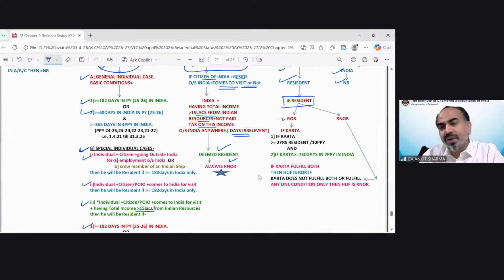So now you can see in case of HUF, we explain in the diagram the ROR concept. So do not get confused. They exactly explain the same thing from the point of view of ROR concept. If Karta is more than or equal to 2-year resident out of 10 and if Karta is more than or equal to 730 days in 7 preceding previous years in India, if Karta fulfills both conditions, then ROR. If Karta does not fulfill both or fulfills any one only, then HUF would be